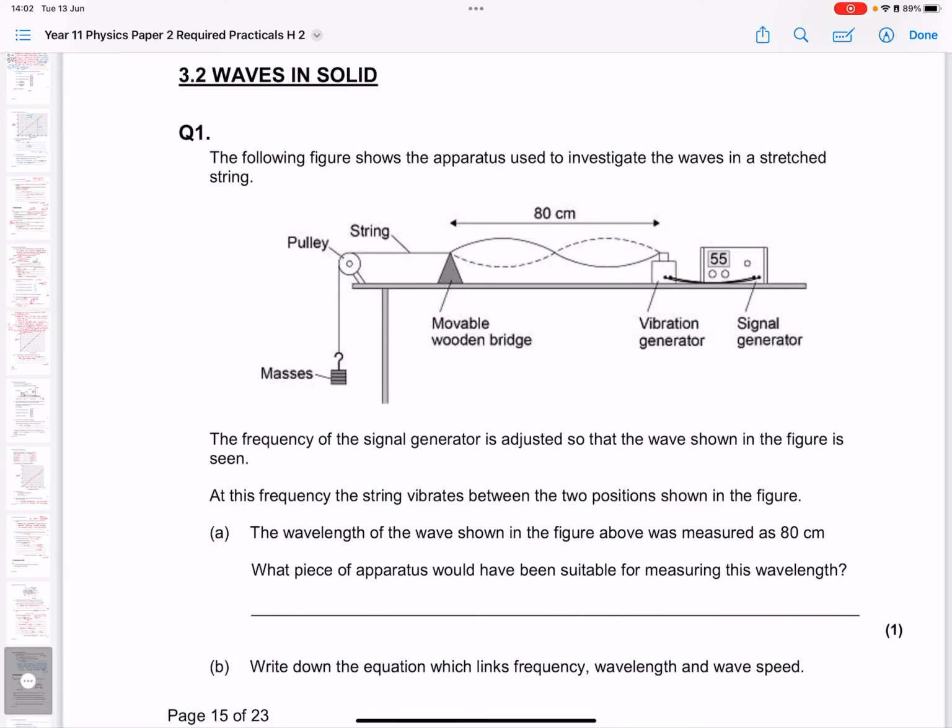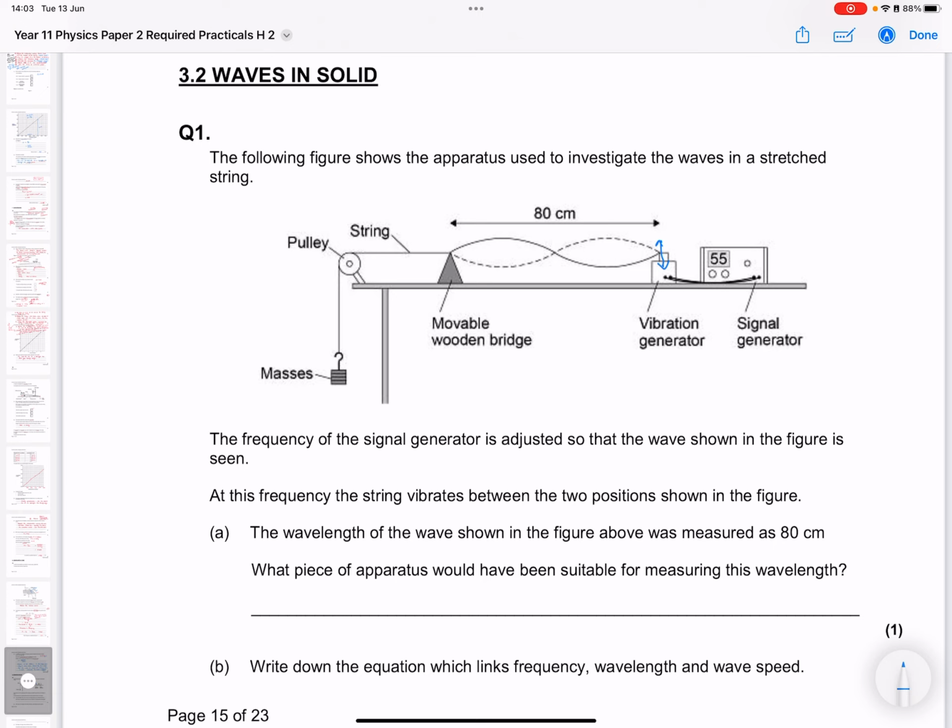Right. In this one, the following figure shows the apparatus used to investigate the wave in a stretched string. So what do we have in here? We have a vibration generator, a signal generator attached to it, and a moving wooden bridge. The signal generator is attached to the vibrator. It is going to provide a motion up and down, and that is attached to a string, and that string is attached to a stack of masses,